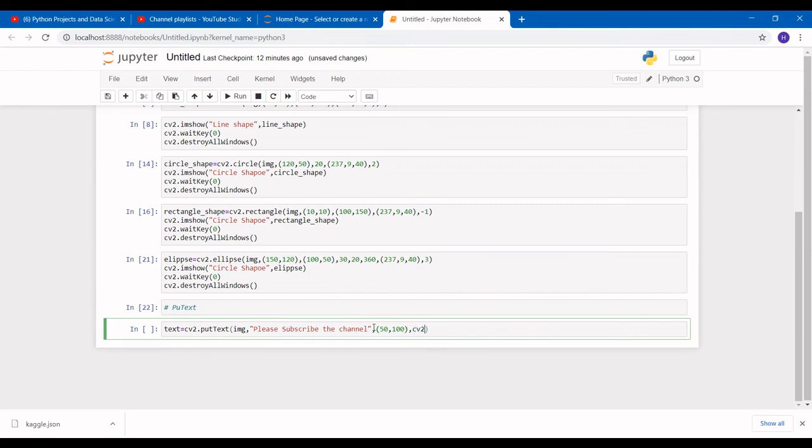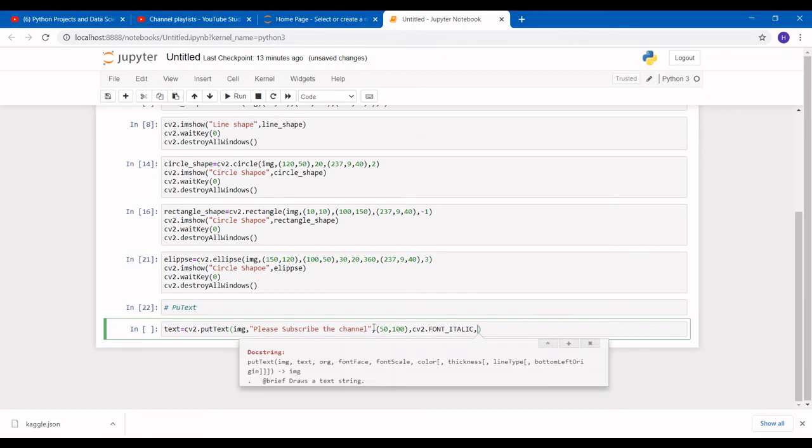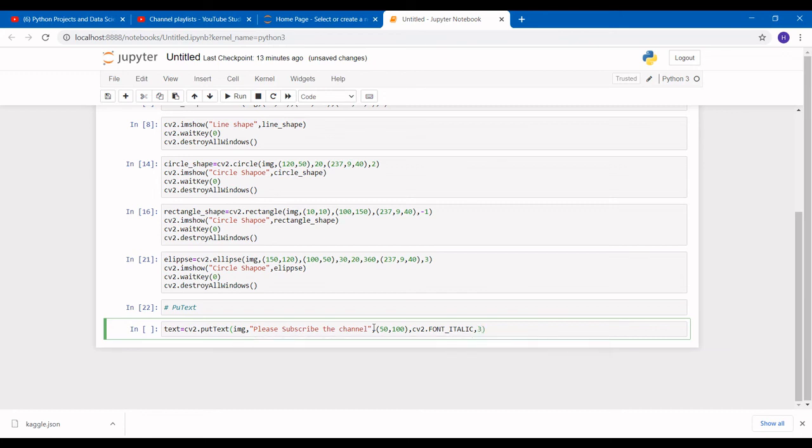And there are different types of font faces. For now we are using our font. Now you can see there are different types of font faces, so we can use italic for now. Now here I think it was font scale, so we are giving 3.